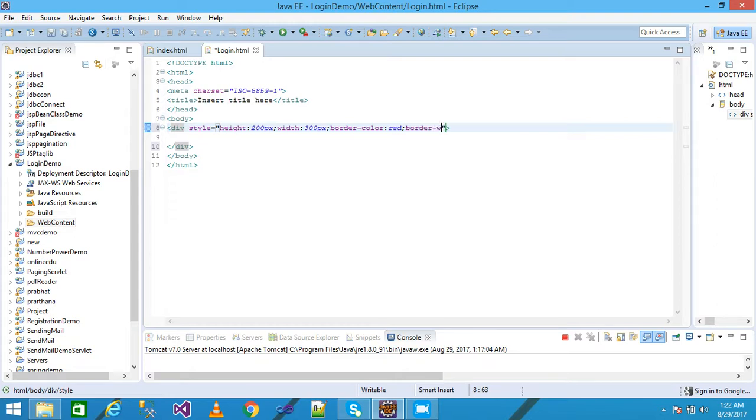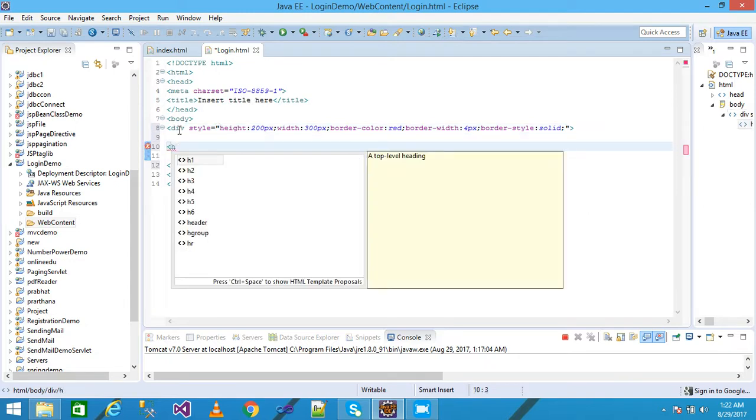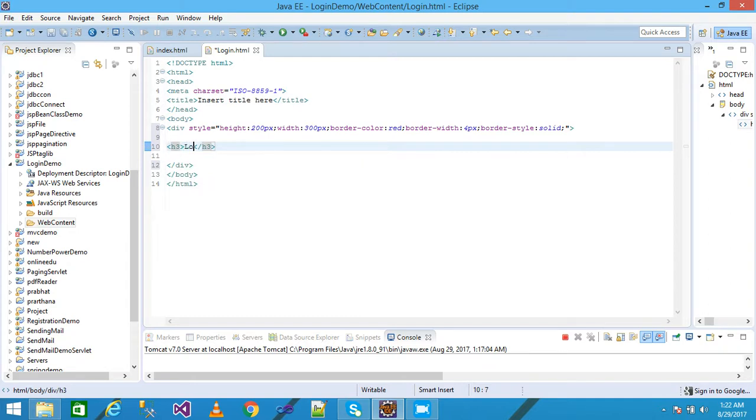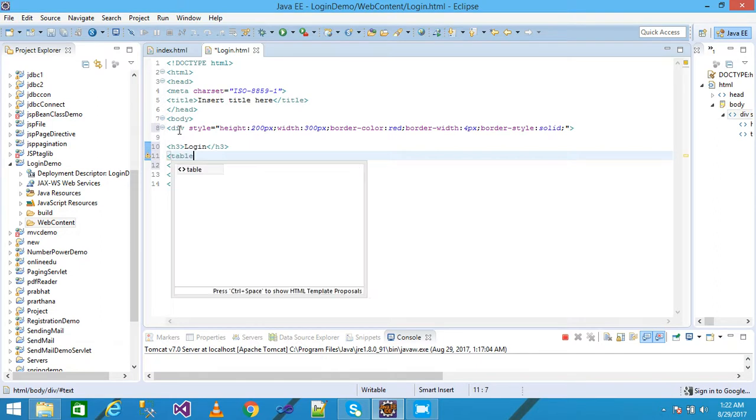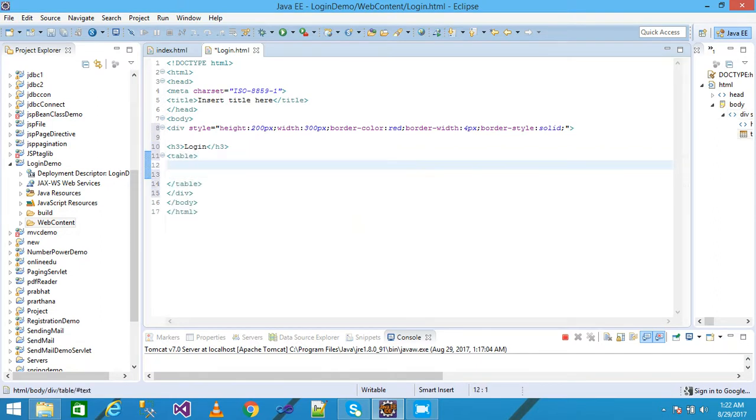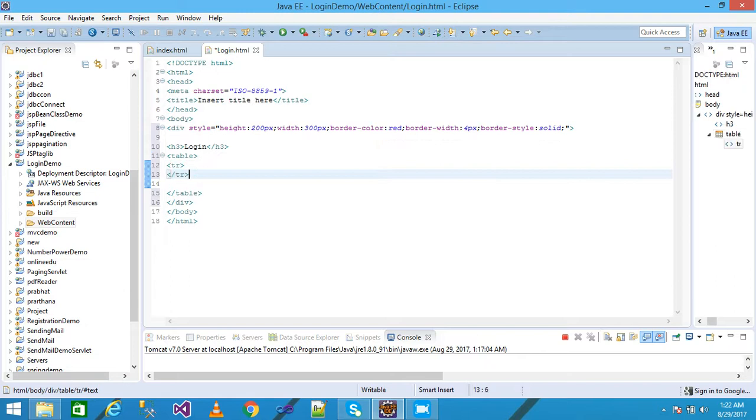border width as 4 pixel, and border style solid, terminated with a semicolon. Then I take the h3 level heading, and I write Login within the heading. Then I take a table, and tr for table row, close it,